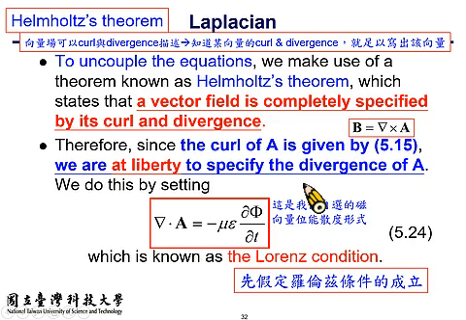To uncouple the equations, we make use of the Helmholtz theorem, which says that a vector field is completely specified by its curl and divergence. Then what I told you is that if you know the divergence and curl of a vector, then you can fully describe the vector field. On the other hand, if you only know the curl of A, which equals B from our